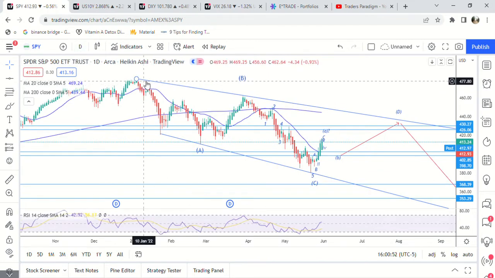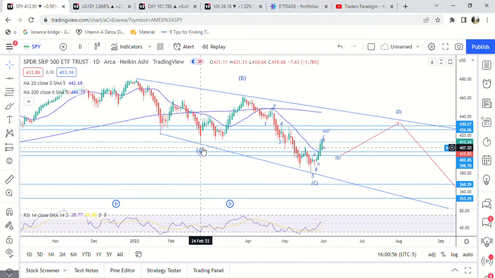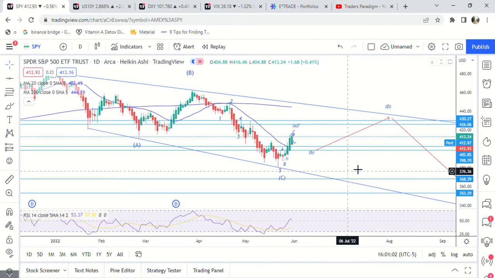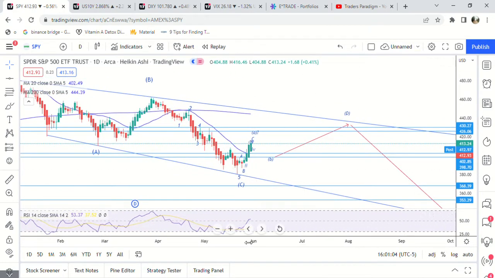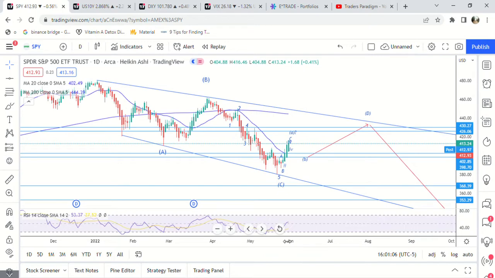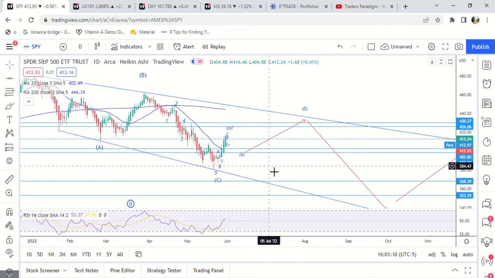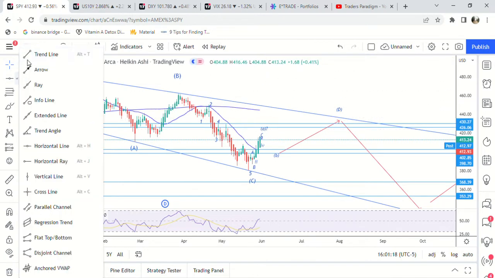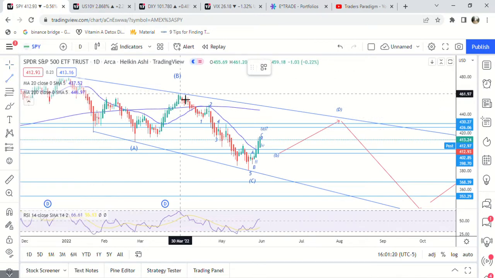If you're new to this channel, we have the A wave down here, we have a B wave bounce, C wave down here. And I'm thinking we originally had a double 3 pattern, which could be possible, and technically this could be the end of the bounce if you're looking at it. I'll show you right here. If we're looking at it with the